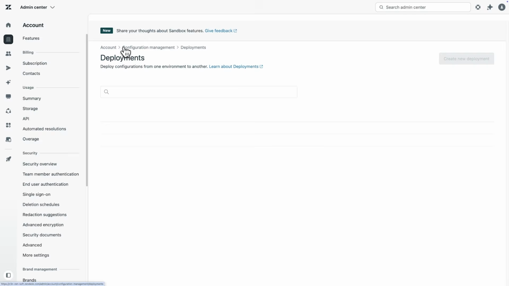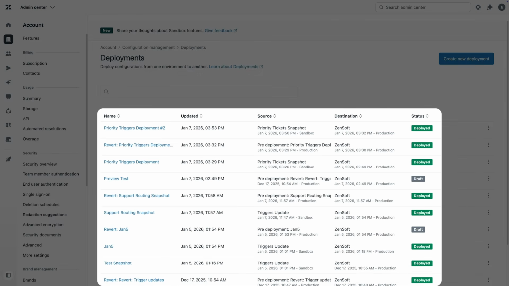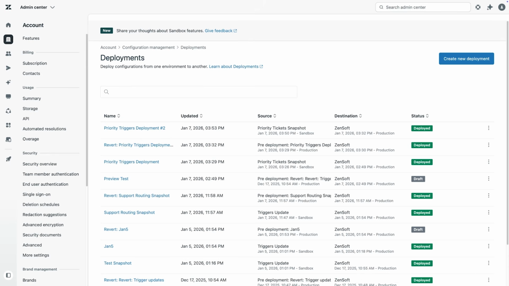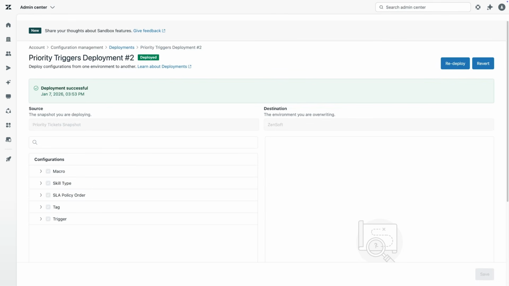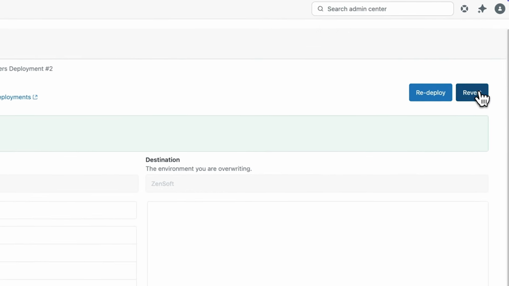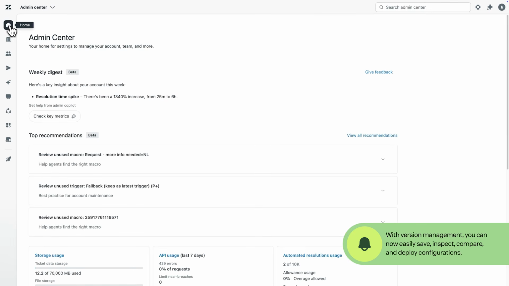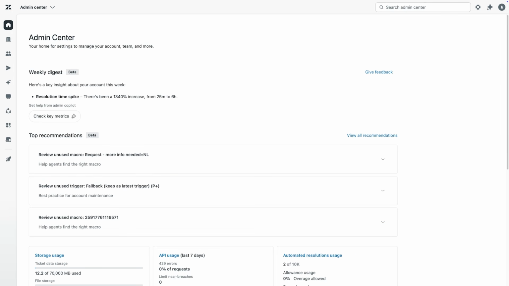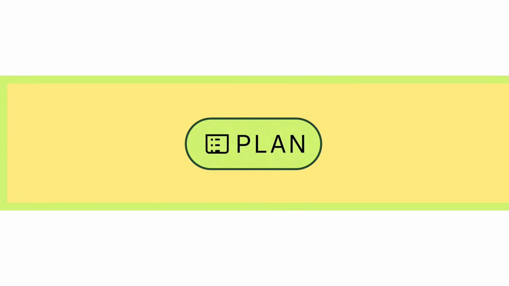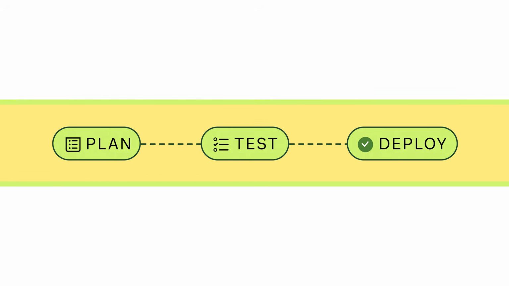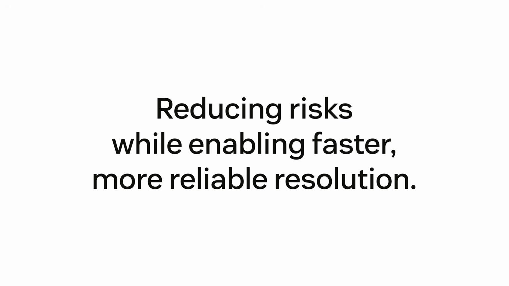Every deployment is logged, providing transparency and enabling teams to audit exactly what changes were made and when, supporting compliance and governance. And if anything goes wrong, you can revert to a previous trusted snapshot. With version management, you can now easily save, inspect, compare, and deploy configurations. For Zendesk sandboxes, this unlocks a more structured approach to planning, testing, and deploying changes, reducing risk while enabling faster,